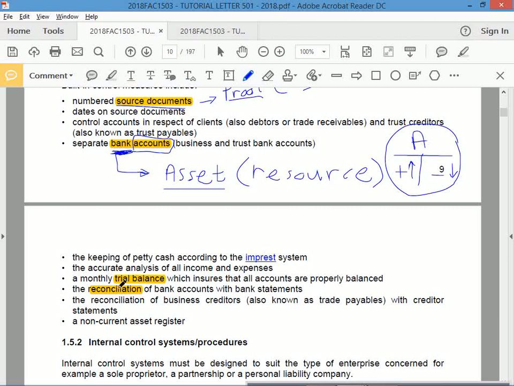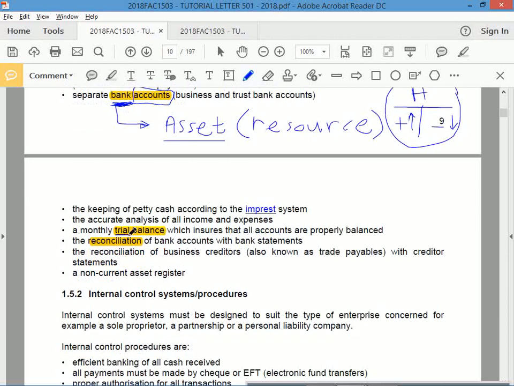Trial balance. What do you think this is? Well, later on we'll see trial balances. A trial balance is just a list of accounts. That's all it is. We've got so many different accounts. You guys started writing a few down: water and electricity, vehicles, land and buildings, equipment, machinery. Are those accounts? Yes. So if I wanted a list of accounts, I would ask the accountant for a trial balance. Give me a list of accounts, give me the trial balance.